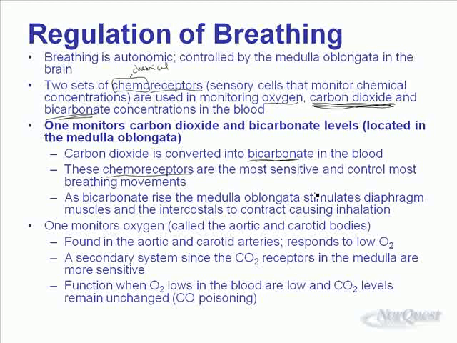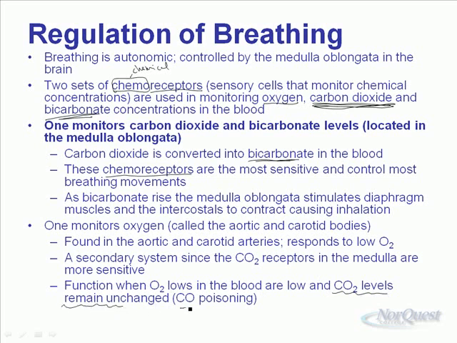The less sensitive one, kind of the backup system, is the one that monitors oxygen. It's located in the aorta and the carotid bodies. The carotid bodies are arteries that are underneath your collarbone. They respond to low levels of O2. It's a secondary system since most of the time our body's responding to high acid levels or high carbon dioxide levels instead. It's going to kick in when the CO2 levels are unrelated to our